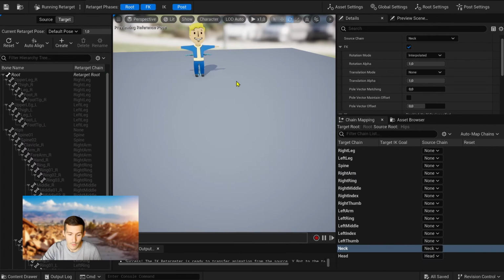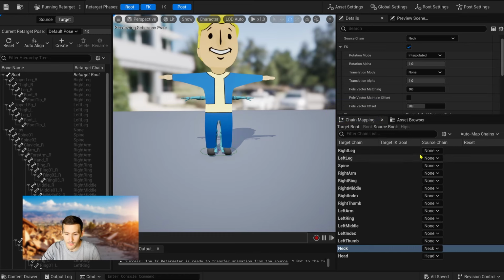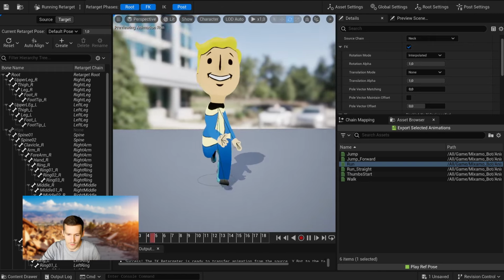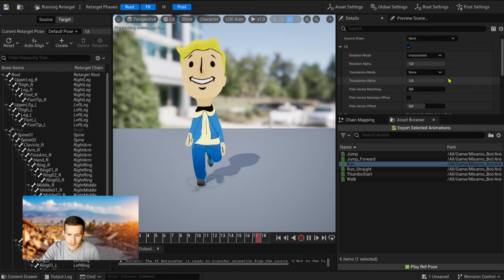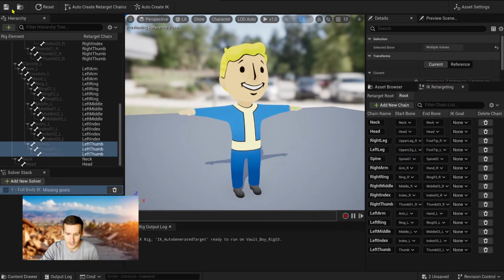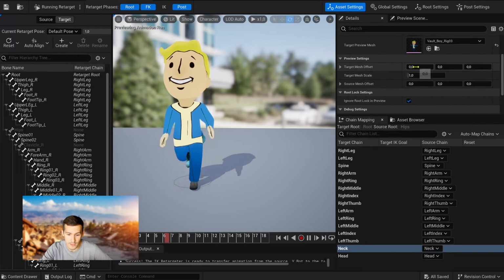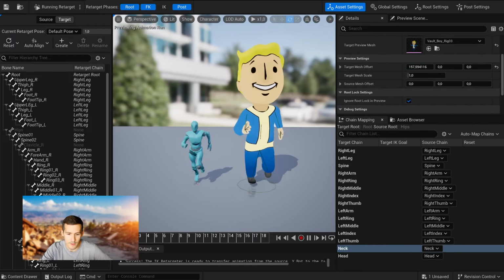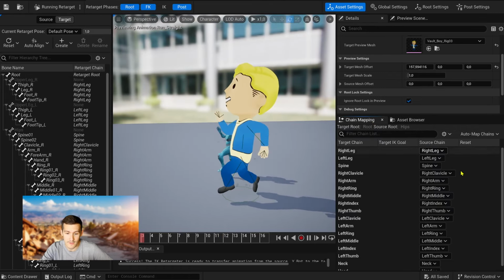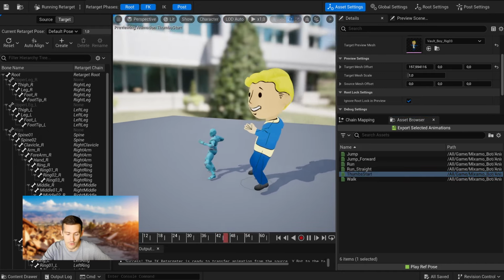Then we'll be able to return to our IK retargeter assets. Be careful, this one doesn't update automatically. You have to come back and specify the corresponding chains with our source via the chain mapping tab. Little by little, our character will adjust with the animation of our source. If you encounter problems like here, you may need to redefine the start or end of certain chains. Just go back to your IK rig source and adjust the chains. Back to your retargeter, you'll see the difference. You can also manually add IK goals and solvers on your targets to further adjust your animation on your retargeter. Once all your adjustments are made, you'll be able to select in the asset browser the animation to use and click on Export Selected Animations.